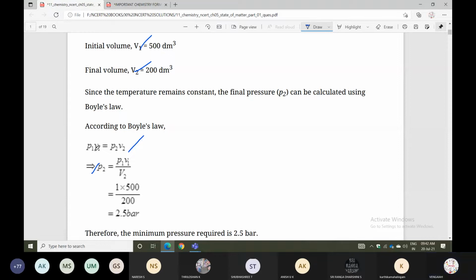Until the 5th chapter, what lessons do we have? Some basic concepts of chemistry: the first chapter has a few sums, and the second chapter also. Periodic classification, no sums. Chemical bonding also, no sums. Now states of matter we have sums, thermodynamics also has sums, equilibrium has sums. That's all. Until equilibrium, only in volume 1 we have sums. Volume 2 has no sums. Even in volume 1, only 4-5 lessons have sums. The remaining are all theory and reactions.